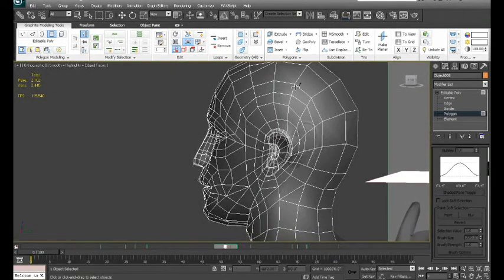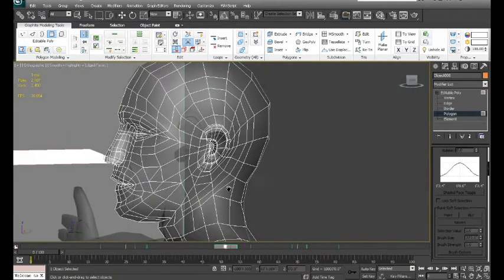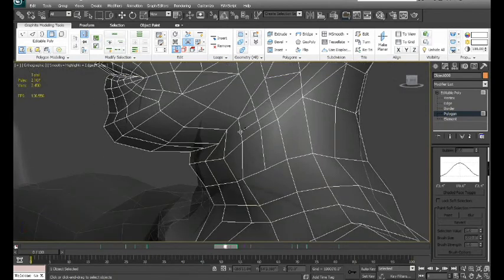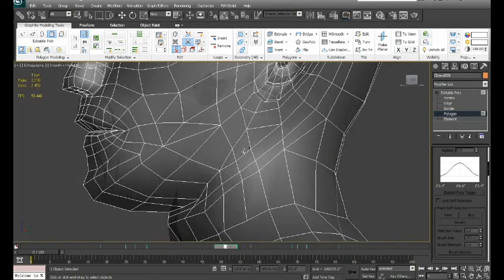And this edge loop can actually be moved slightly up and around here, so that you don't have to add another edge loop, but that you're getting a nice fullness in there. You need to add just a little bit more geometry down around the neck here, so that you can get good deformation when you're going to be